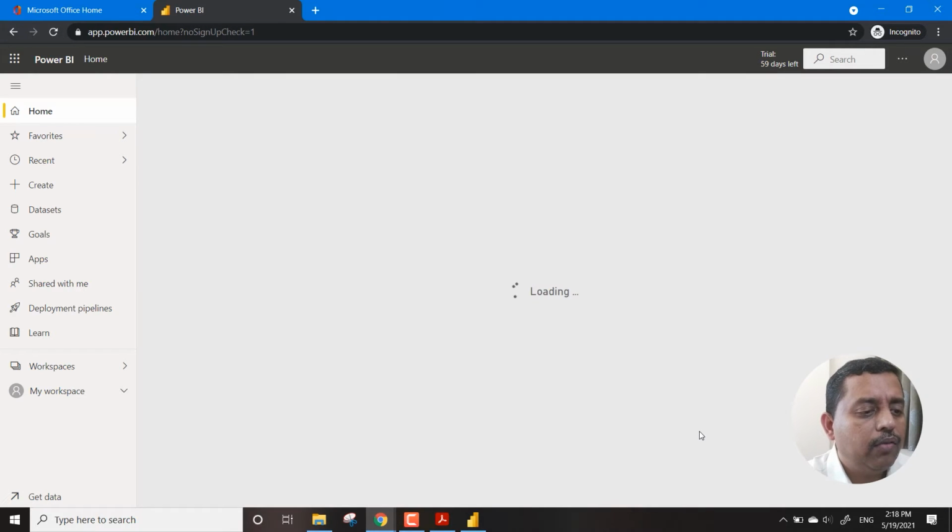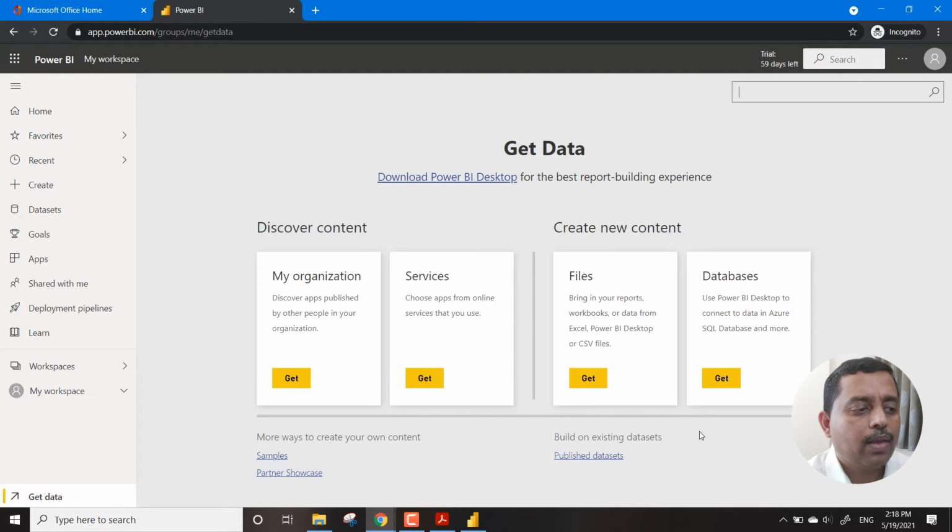On the left hand side you have the panel, and it allows you to get the data from organization, services, files and databases. We will go in deep for this section as we proceed within these modules. But for the time being, now you know that we have various processes over here as well.